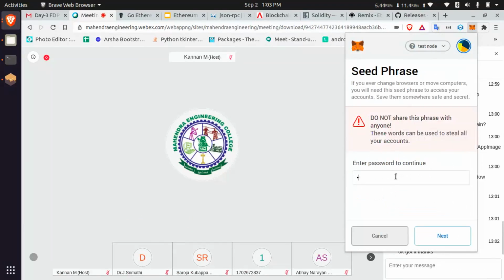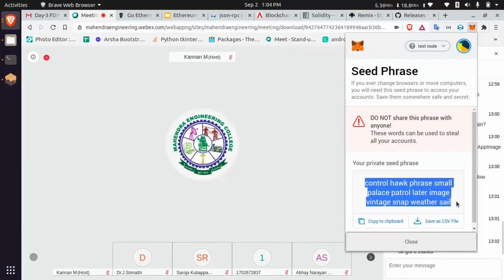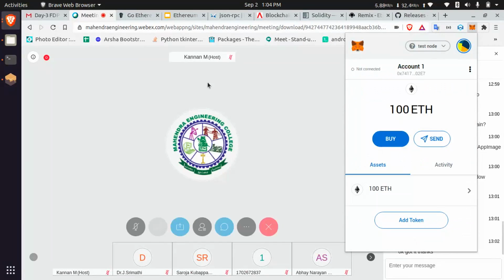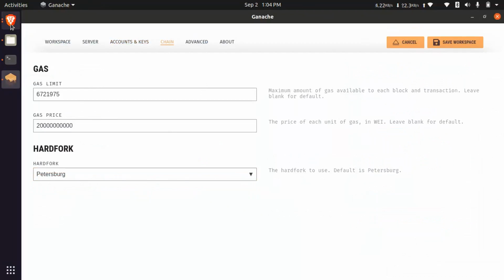I'm going to extract my seed phrase. I'm just copying my seed phrase from MetaMask. I'm going to place it. Then I'm checking the chain ID.